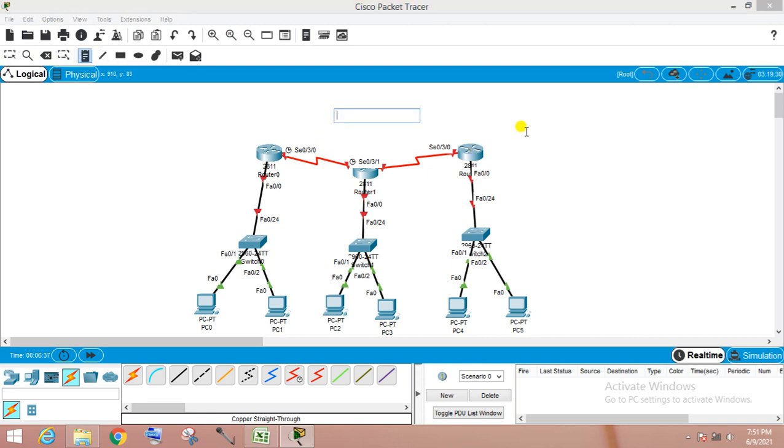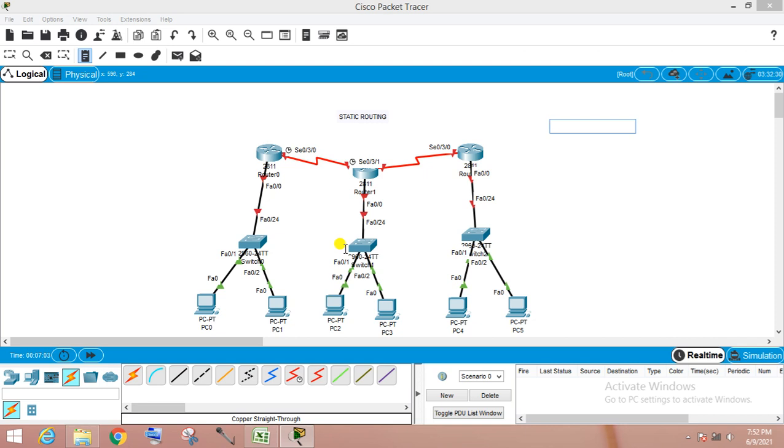We are doing static routing of 3 routers. So we are doing fully static routing. Okay, so we are making the topology.